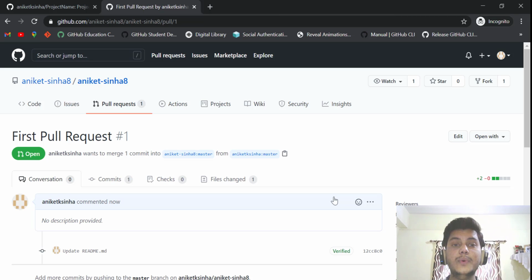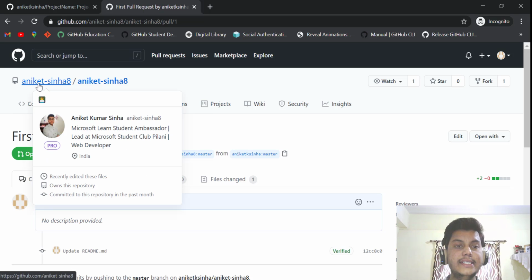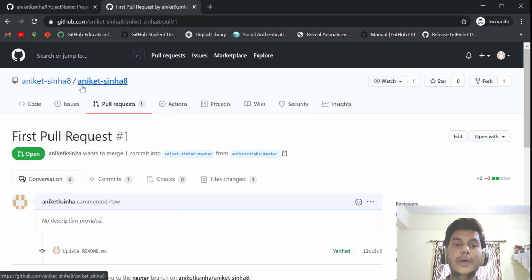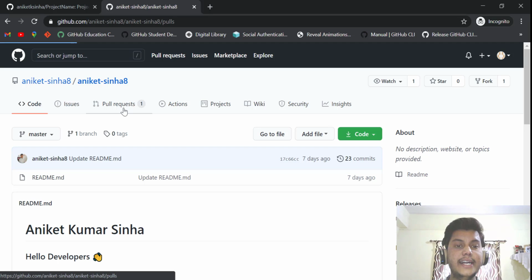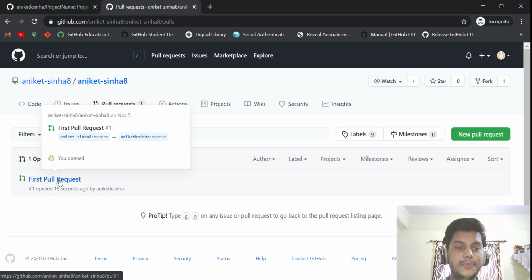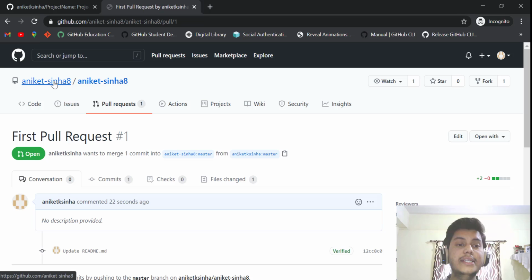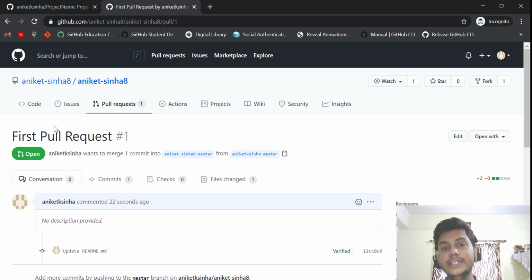So now the pull request has been sent, so it will just redirect you to that main repository. So now you can see it's the other account and it is the main repository. So going to this main repository, you can see that your pull request has been sent, first pull request. And now if this user wants, he can review it, and if he or she finds it like yes, the updates are really good, then he or she can add it to his main repository and it will appear on the main repository then.